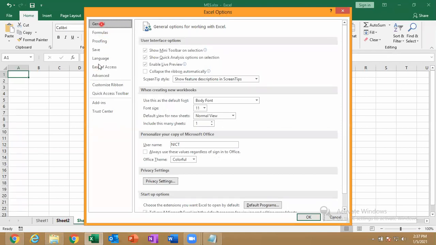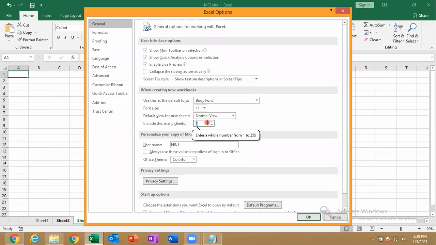Now instead of formulas, you go to general. Can you see here? Include this many sheets by default in the workbook. I have how much? One. You just change it to how much you want. By default, it is showing enter a whole number from 1 to 255. So starting is 1 and ending is 255.